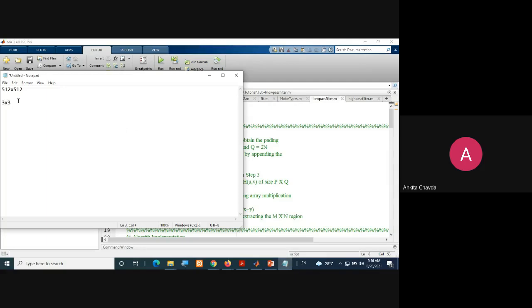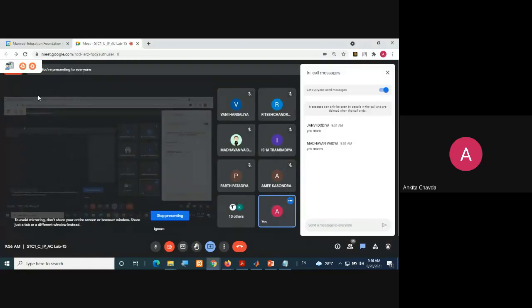So you are simply padding this 512 cross 512 with m minus 1 and n minus 1. Here I'll simply pad 2, because m is 3 and n is 3, so 3 minus 1 is 2 rows and 2 columns extra. This is what we were doing. Say yes or no.